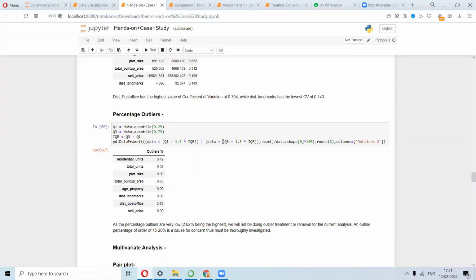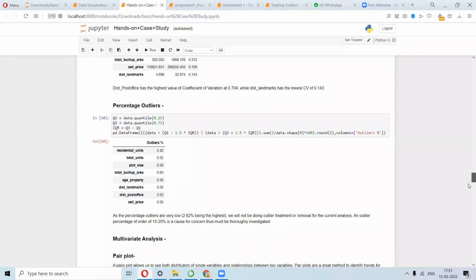Or if it's greater than Q3 plus this, then that can be termed as outliers, and then you can get the percentage of outliers with respect to all the features that you're studying. Like you can see that this is total built up, this is 0.83, this is 2.62. Okay, so this gives you the percentage, from where you can also identify which are the features that you really need to work on.